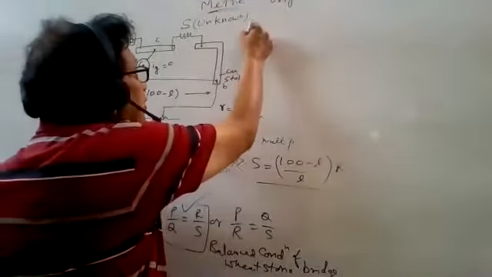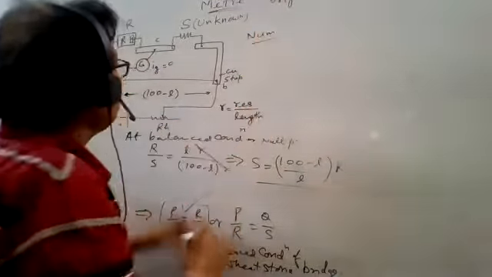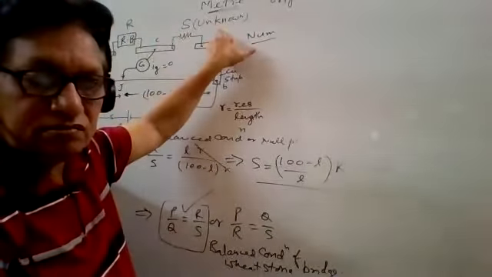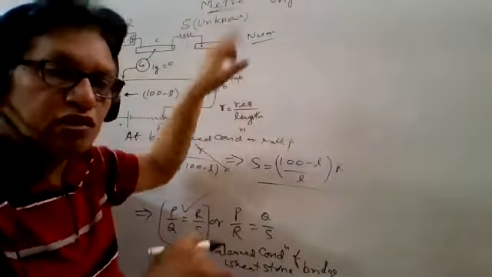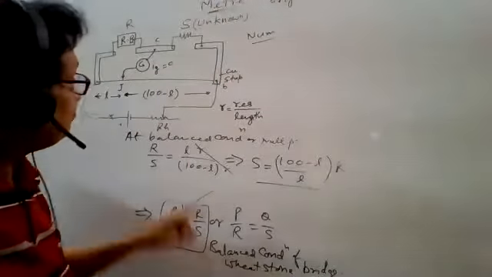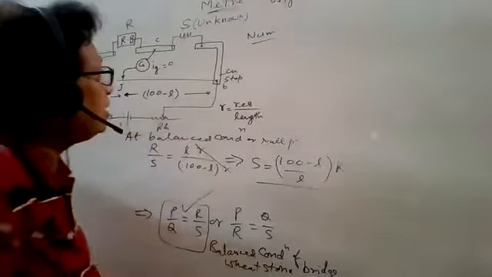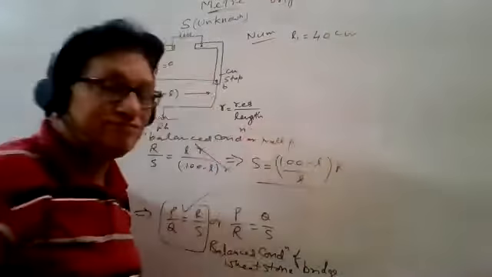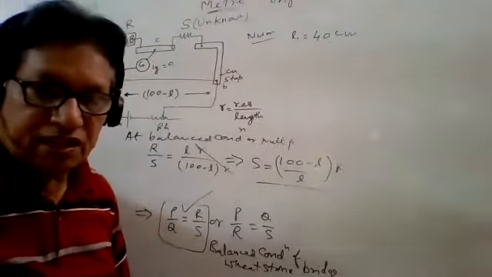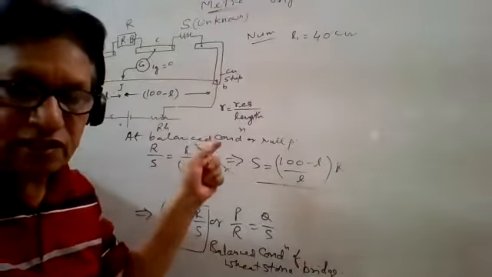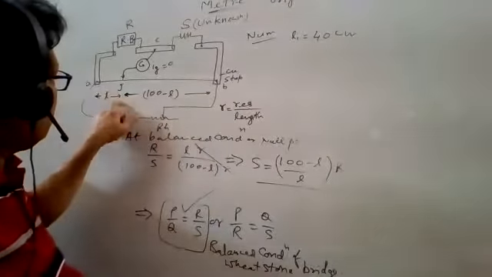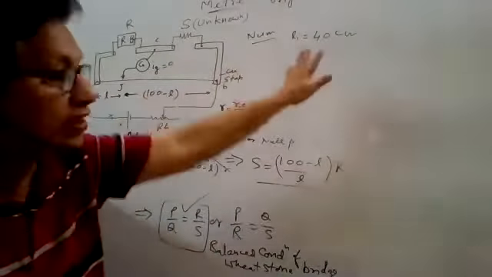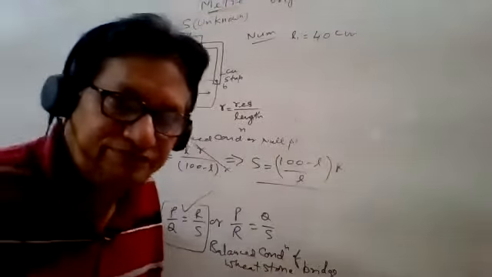Let in this numerical problem, suppose you do not know the value of R and S both. And balance point comes here, L1 is 40 centimeters. This is the first part. R is not given, S is not given. Then balance point comes here from point A at 40 centimeters. It is given in the question.